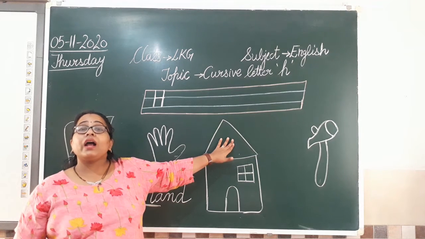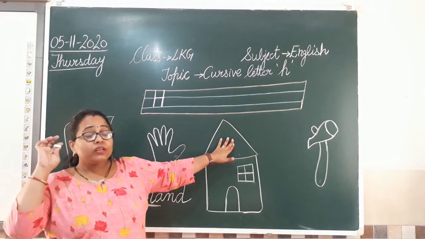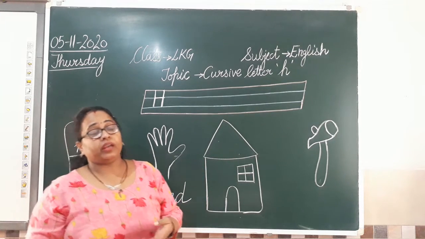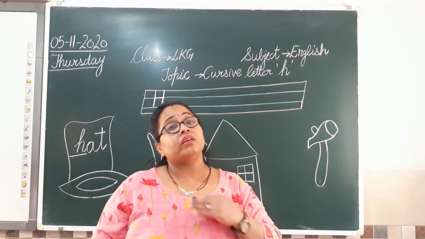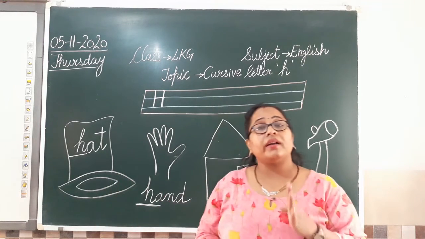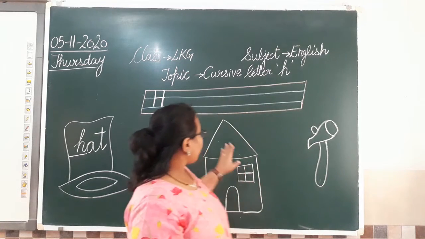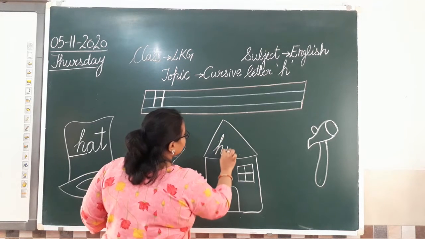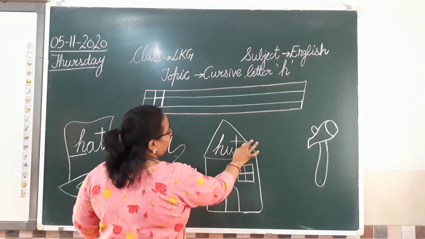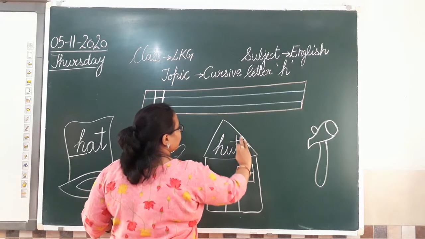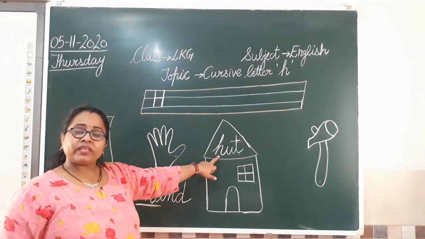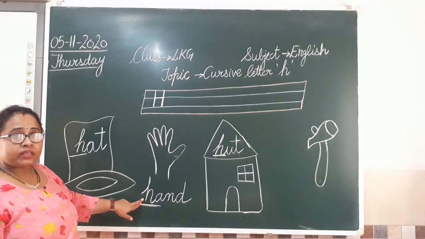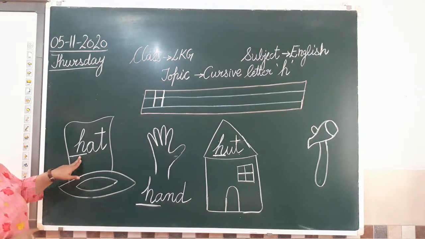It's a hut. Again, just listen carefully and when you are speaking it, जब मैम आपको एक word बोल रहे हैं, try to speak that word again and again and you will understand this sound. Clear? So what is this? It's a hut. So I'll write here hut. Now again it is beginning from the same alphabet. See? This alphabet is same. This alphabet is also here. I have written it here also.